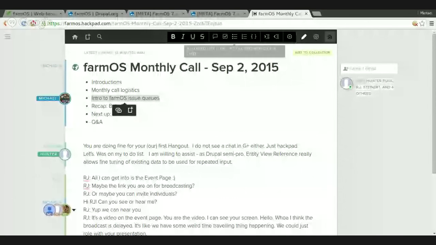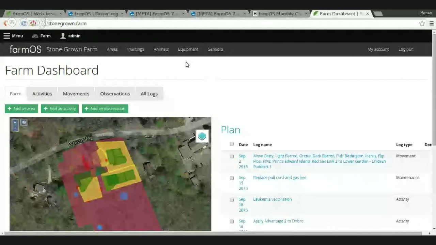Oops, I guess I lost that window when I did that. Oh well. Well,